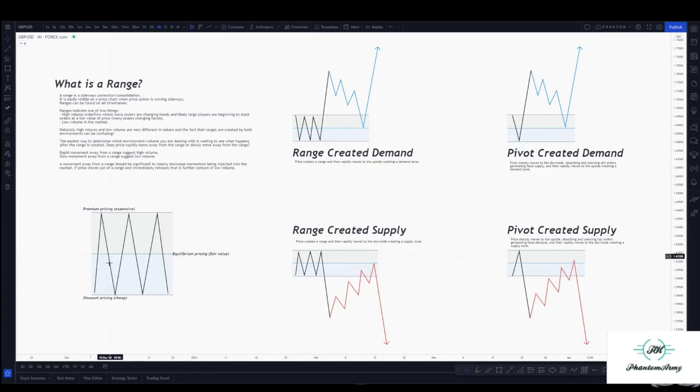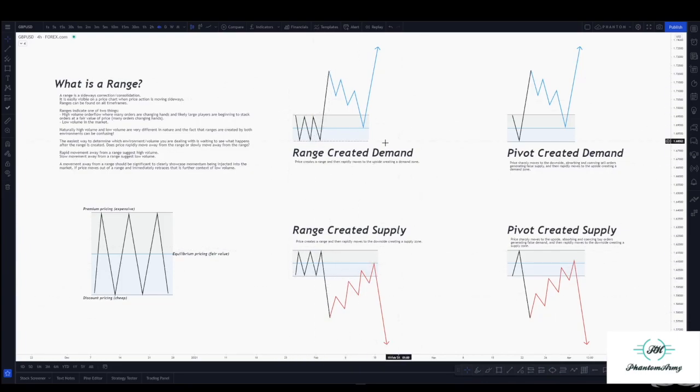And what you'll see within these ranges, especially if you drop down to lower timeframes, there are a lot of moves back into the equilibrium points as well as premium and discount. And basically what's happening within this range is a lot of orders are changing hands because there's a fair value at that point. Now what we see when we are looking for a demand or supply zone that is created from a range, we're looking for that rapid expansion away out of that range,